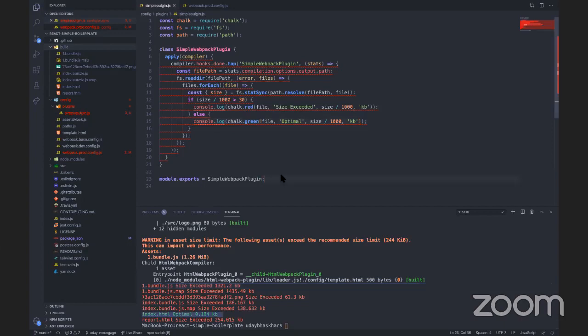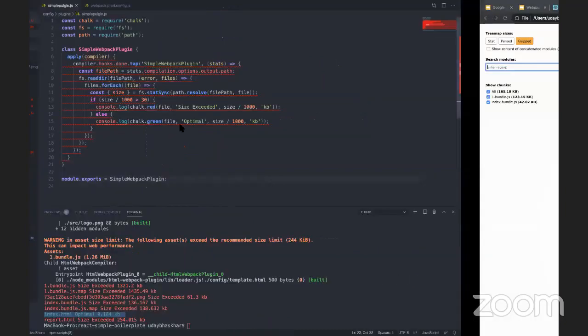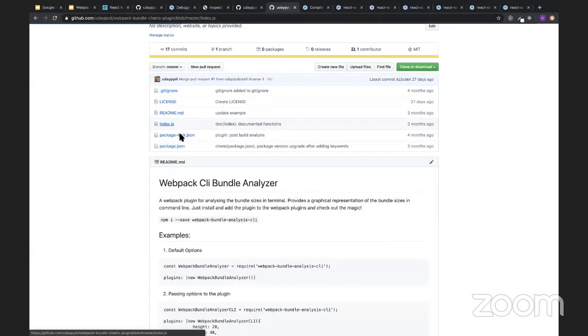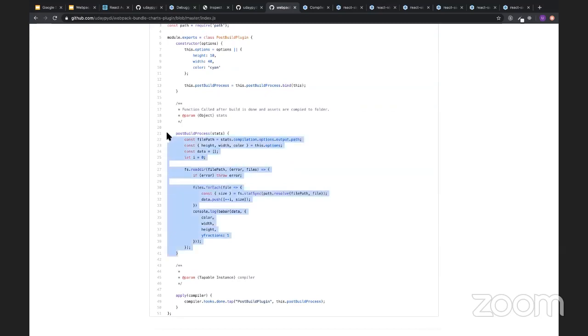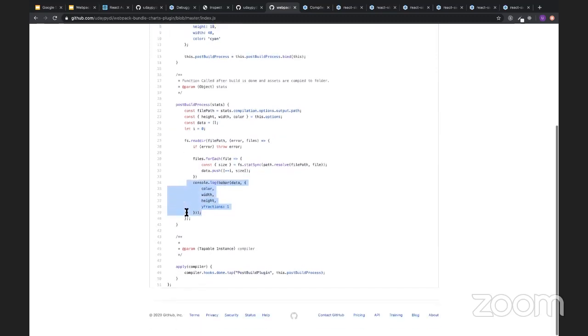Similarly, you can build a lot of things. If you see this plugin which I have built here, though it's not the complete thing which I wanted, if you see the basic thing in this, I just created a post build process and I was reading the files and I used the ASCII charts to create a simple analyzer for me.